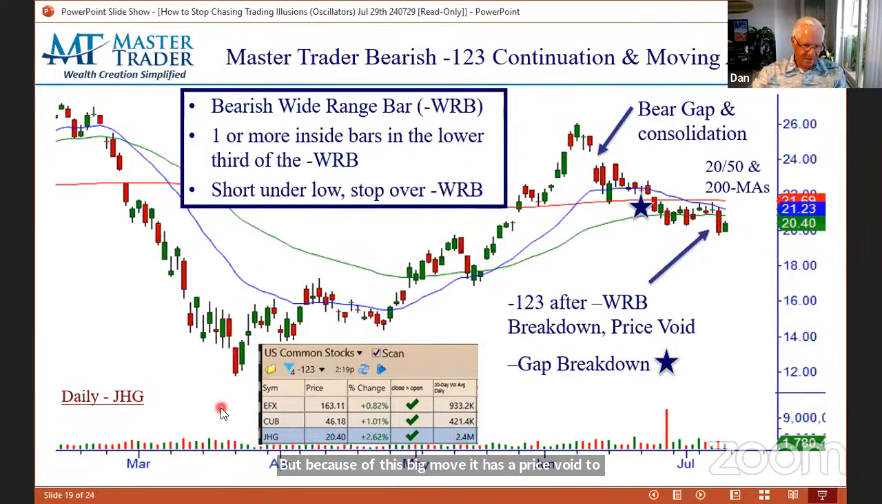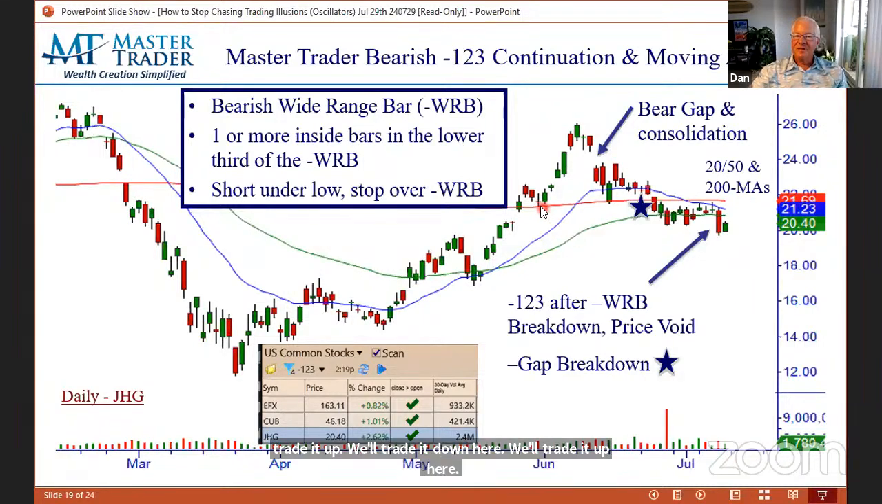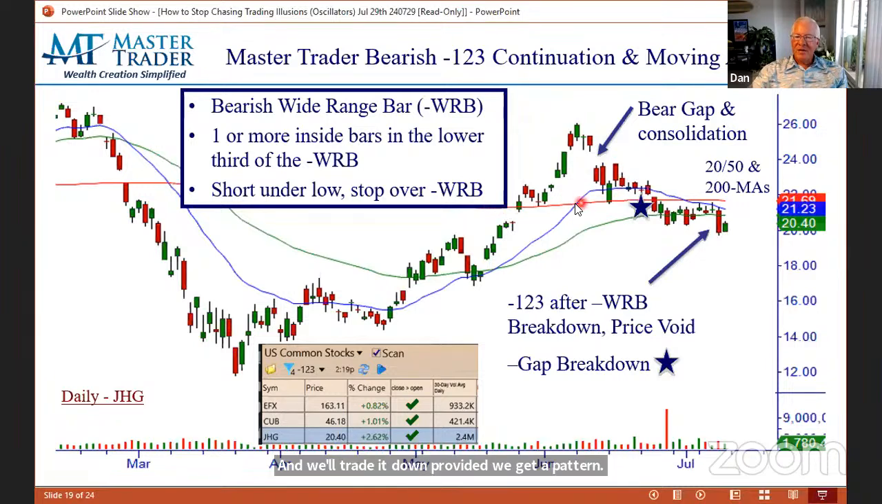We'll trade it down here. We'll trade it up here. And we'll trade it down, provided we get a pattern. So it came down a lot, tried to stabilize on support, 20 MA flattening out, 50 flattening out. So if I were to take off, go